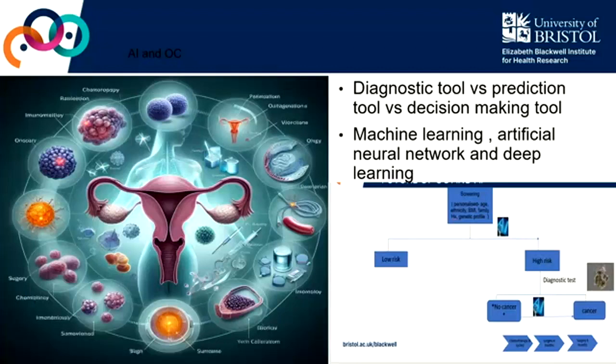This is my vision in the future of how screening will look. Screening will have to fit somebody's personalized age, ethnicity, BMI, and then that comes up as low risk or high risk. Is that where we are using AI? Then high risk will give you a diagnostic test. I'll explain what that figure is in the next slide. And then it will either tell you these patients have no cancer or these patients have cancer. The challenge is establishing the link between patients who do not have cancer: when are they going to develop cancer, and what exactly do we need to do to stop them from having cancer.